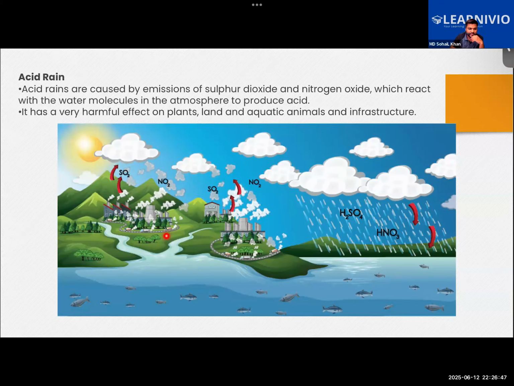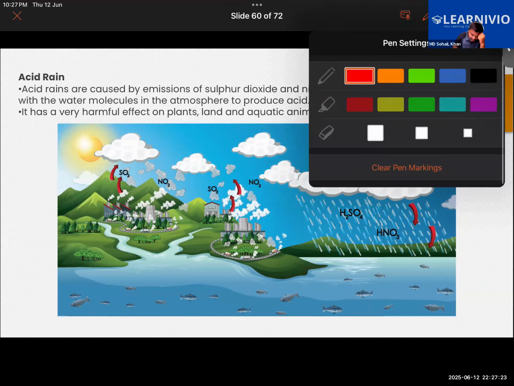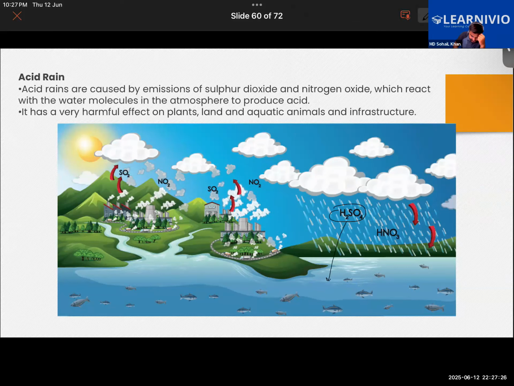So you guys know that because of the human activities, particularly from the factories, gases like sulfur dioxide and nitrogen oxides are emitted, particularly from the chimneys of the factories. When these gases are released into the air, and at the same time, suppose there's a rainfall, the water molecules will be mixing together with the gases like sulfur dioxide and nitrogen oxide, which in result will lead to production of acids. What kind of acid? This one is sulfuric acid. This one right over here is nitric acid,